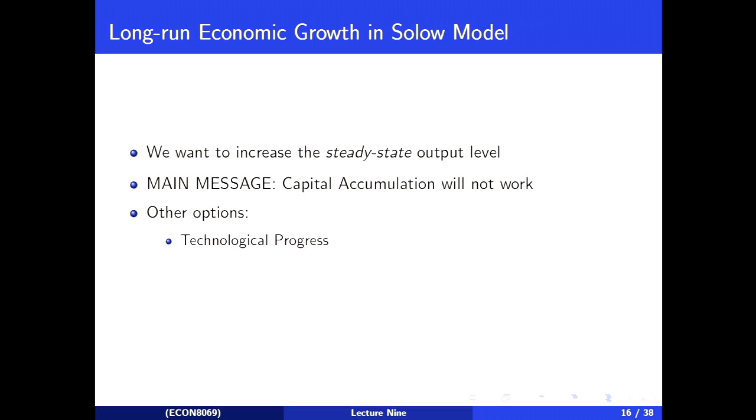So as we see, as we increase our technology, we're getting a higher and higher level of steady state capital per capita. We're also, though I haven't drawn it on the graph here, getting a higher and higher level of output per person. So technological progress is realistically going to be the way we think about long-run economic growth within the Solow model. There's not really going to be other ways that end up working for us.